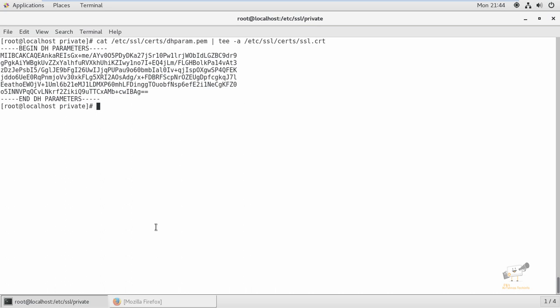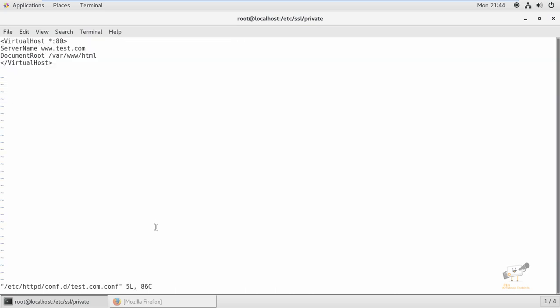Now we can add our certificate to our domain. I've already created one virtual host in /etc/httpd/conf.d/test.com.conf. Here I'm going to add the SSL configuration.